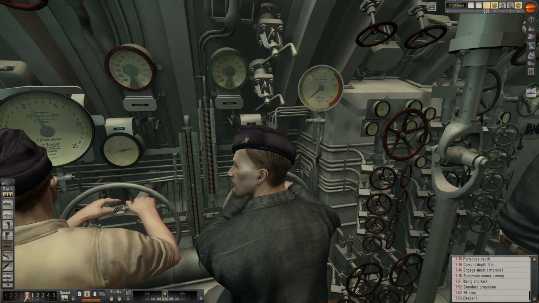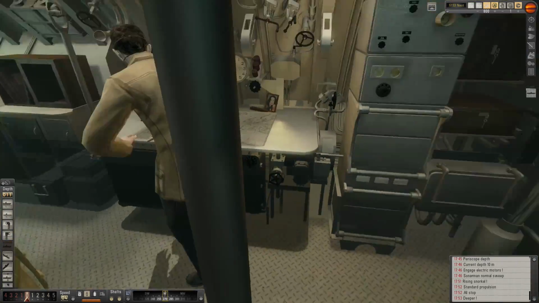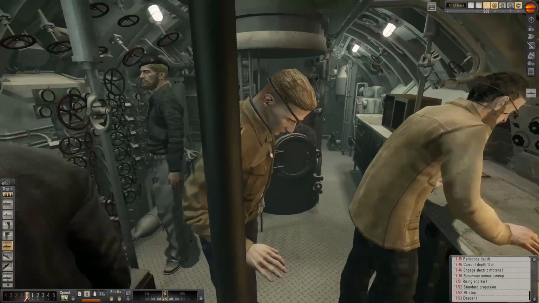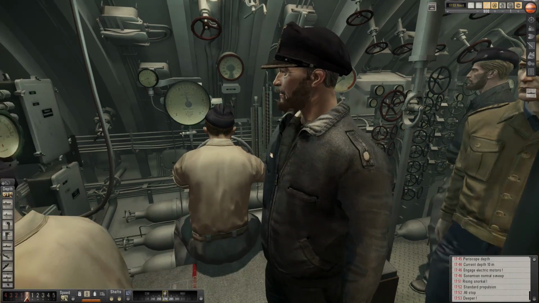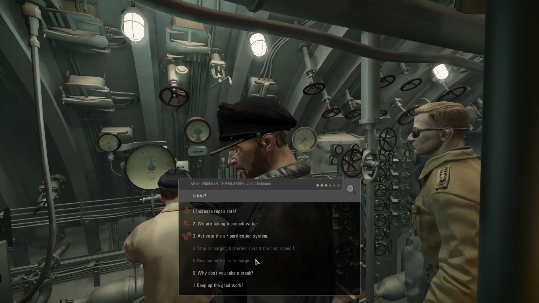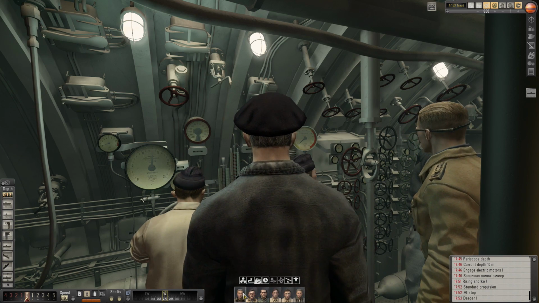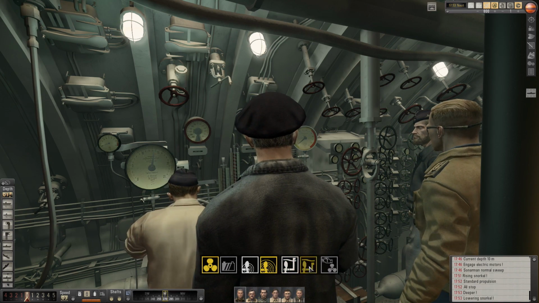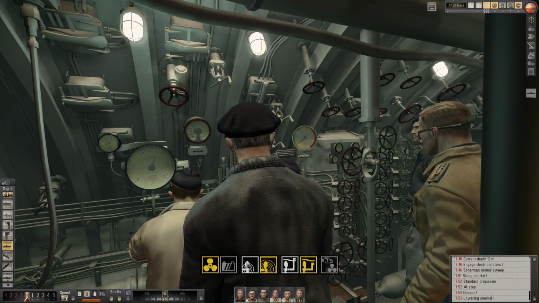Deeper. We're going to dive down to about 40 meters. Four planes. Where's Chief gone? Oh, there he is. We can probably leave the snorkel up. Actually, no. We better... Ja, bitte? Will you stop clicking on that? I want to click on that one there. There we go. I will bring the snorkel down. Go onto electric engines. Oh, I didn't...